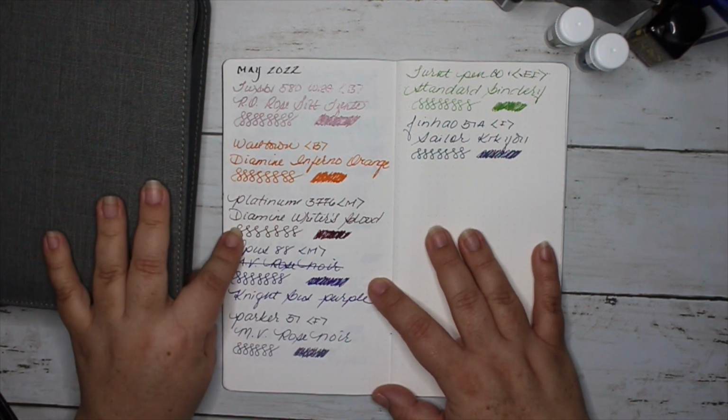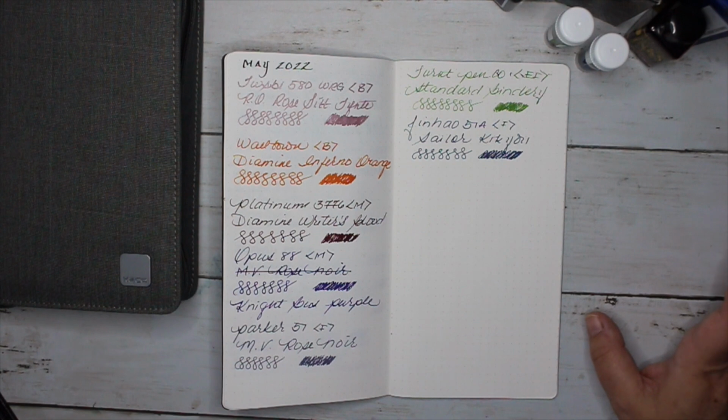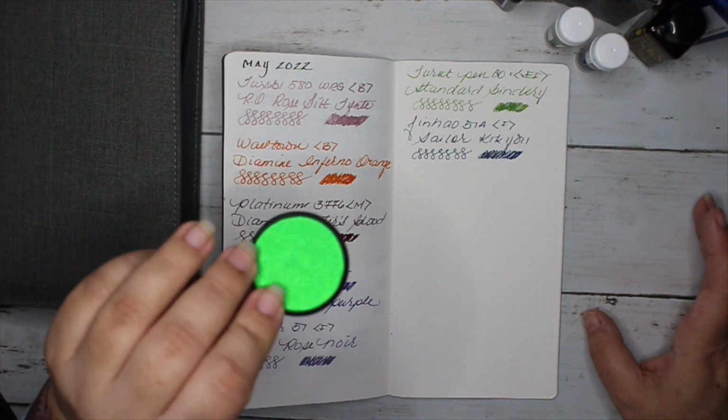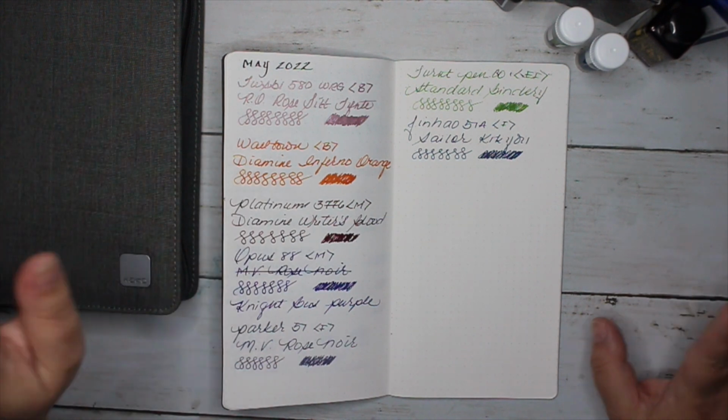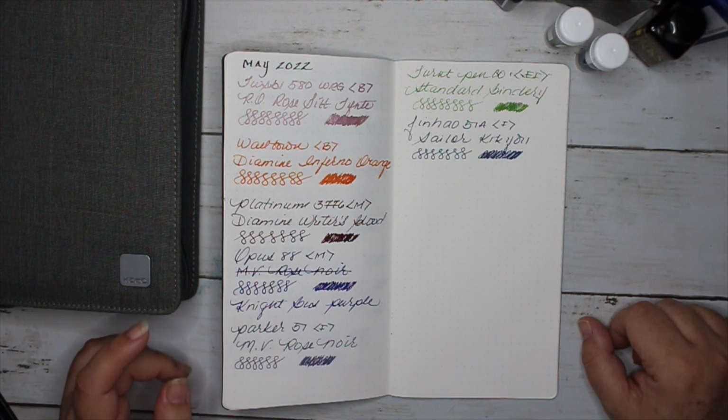I'm working on that project on that Paper Blanks notebook. I'm working on something else with my disc bound. So I'm making my discs, and this is why my desk is a mess and why you won't see it, because it's such a mess. Anyways,